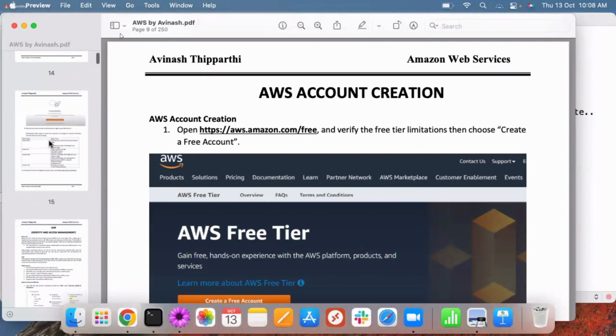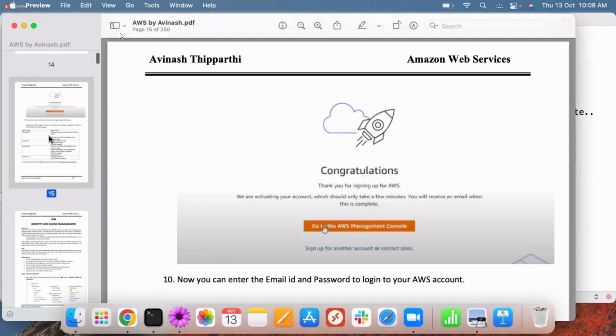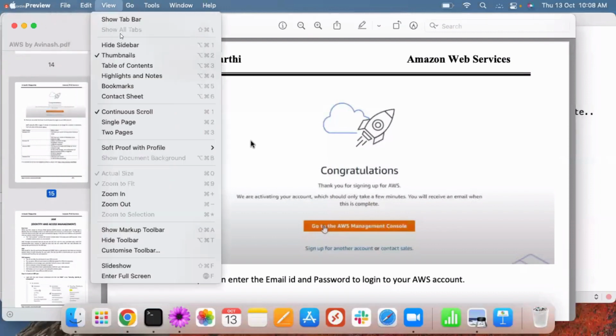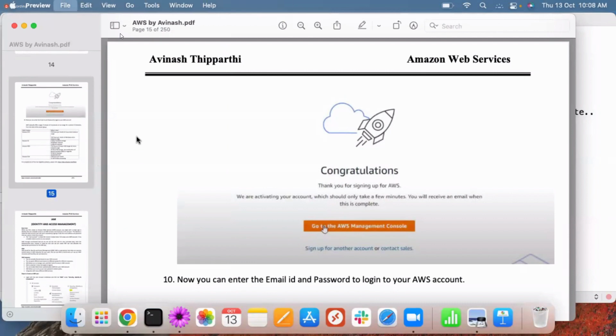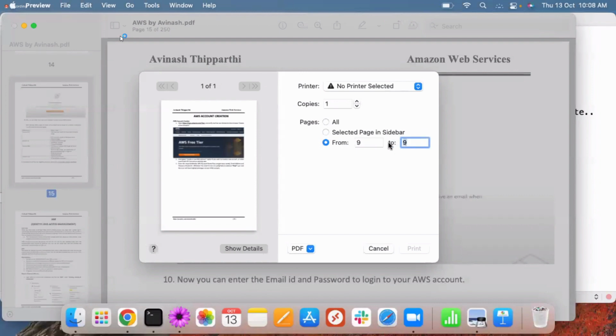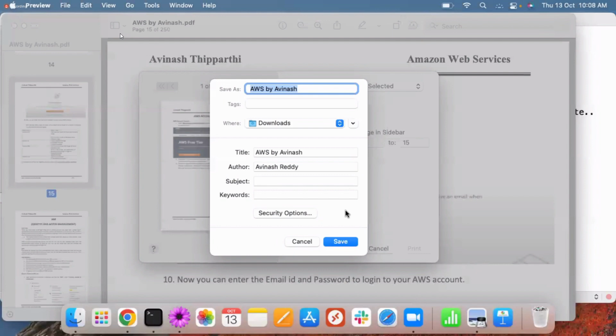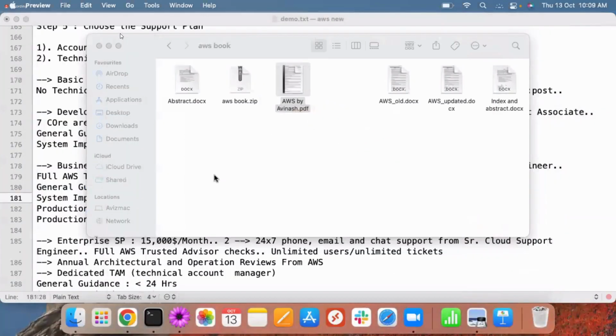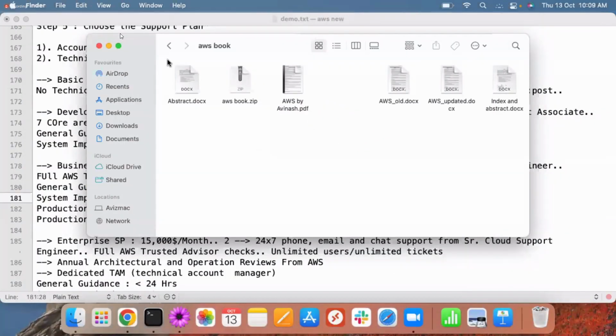Page 9 to 15. Is it saved somewhere? Okay, I'll